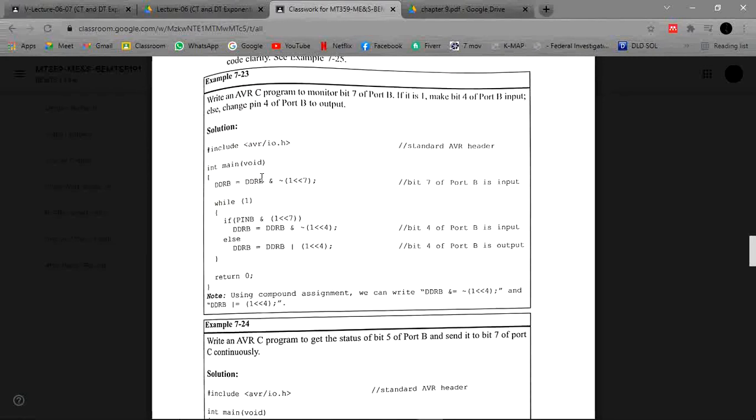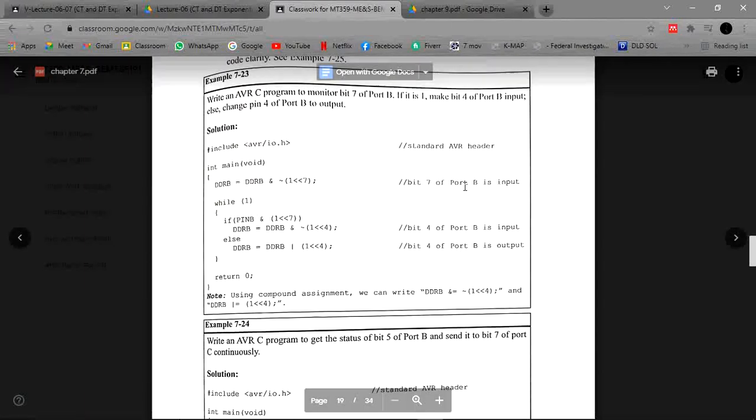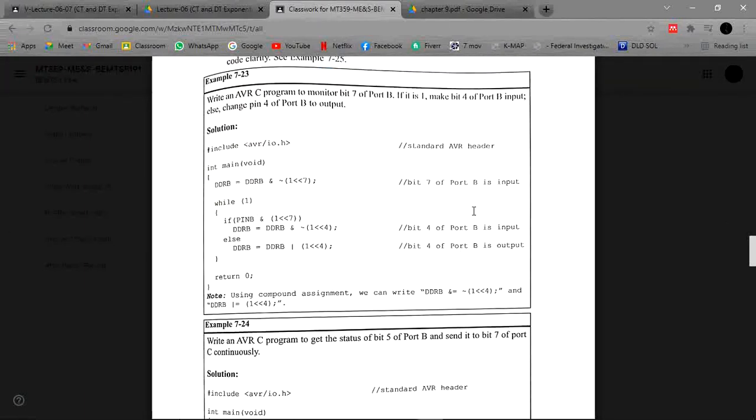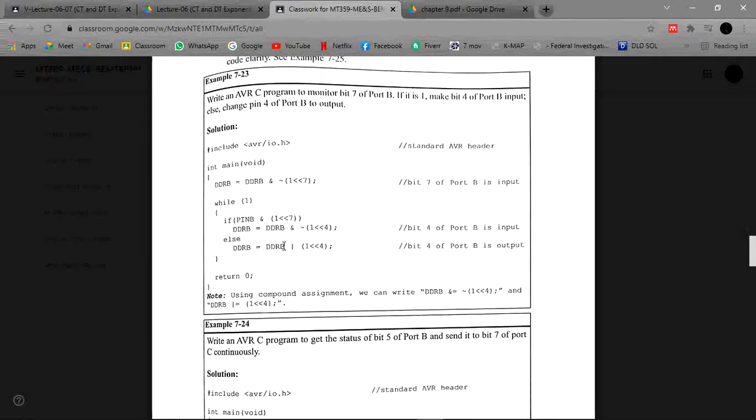After setting the direction registers, you can see here that bit 7 of port B is input, and then I give this number to PINB.